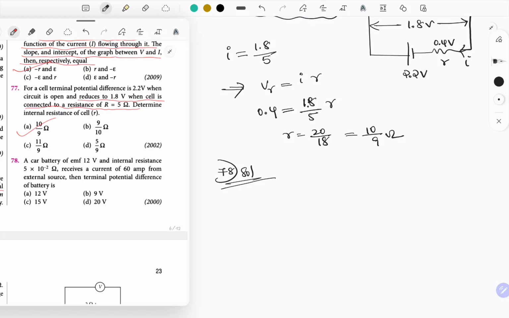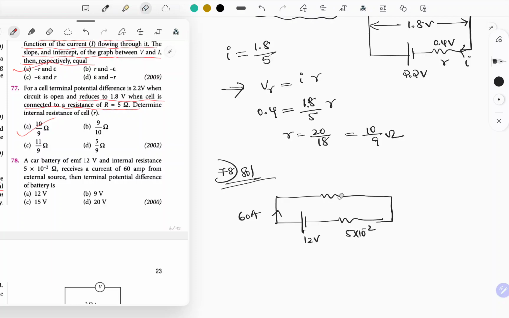A car battery of EMF 12 volts and internal resistance of 5 into 10 power minus 2 ohms, 12 volts, 5 into 10 power minus 2 ohm, which draws a current of 60 ampere from the external source, then the terminal potential difference. Okay,